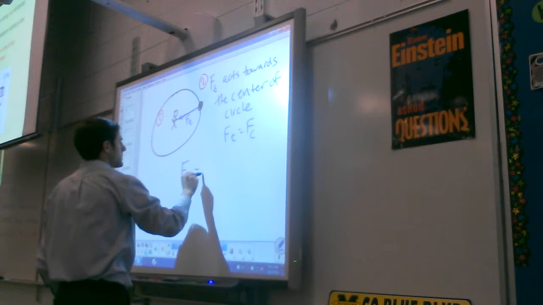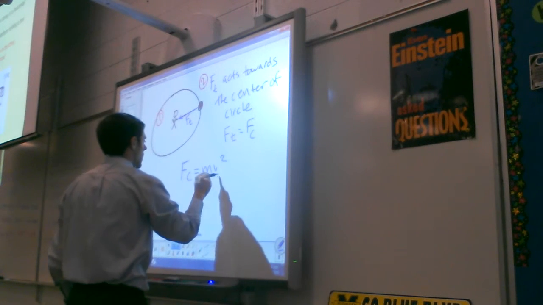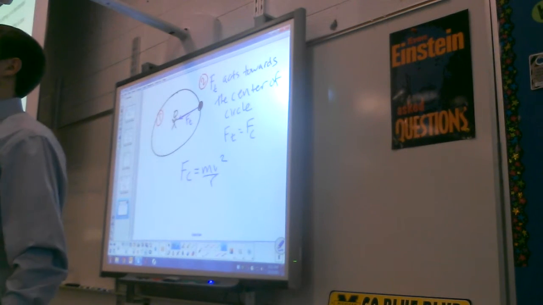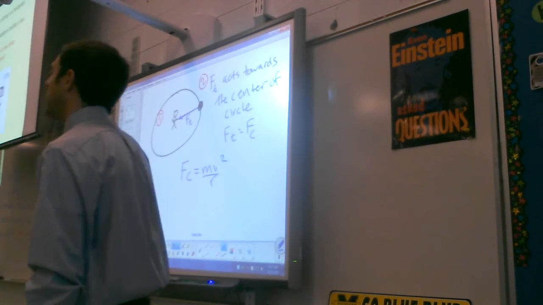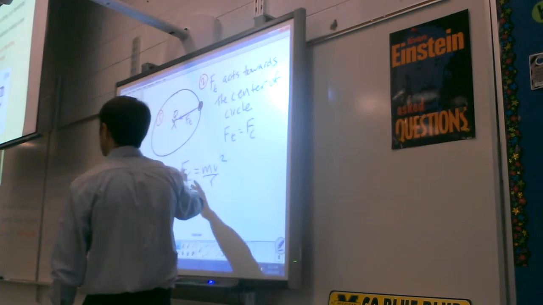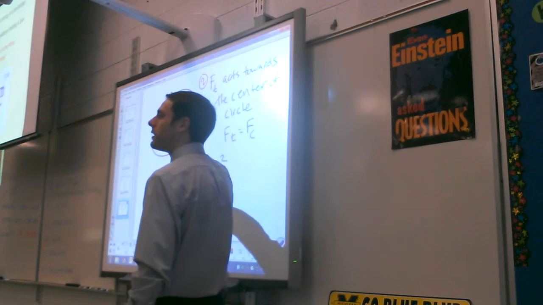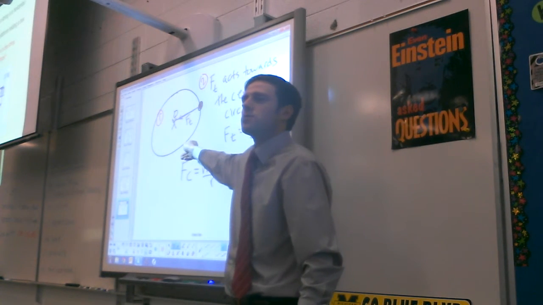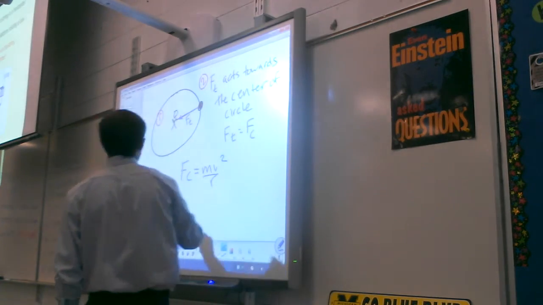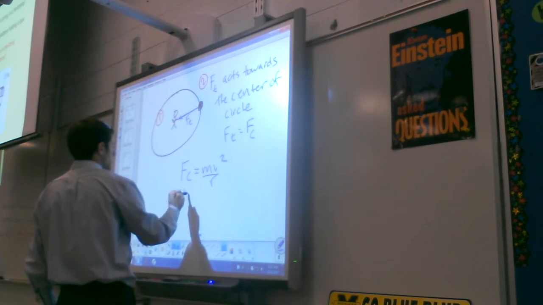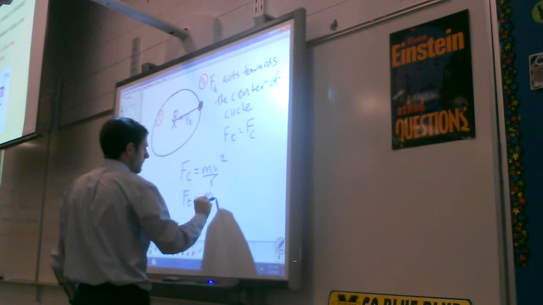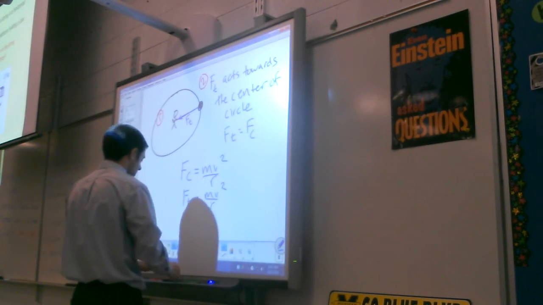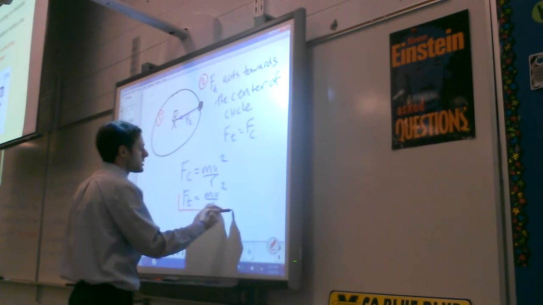Okay. Fc is equal to mv squared over r. Now we're going to find the equation that will help us solve these problems. Fc is equal to mv squared over r. But now we know that Fc is just the force of tension in the string. Let's substitute force of tension. And we get force of tension is equal to mv